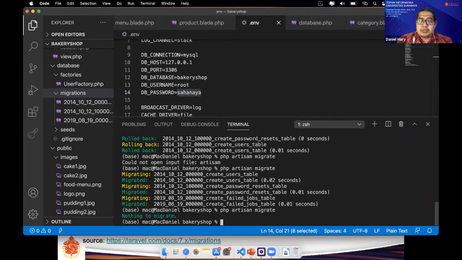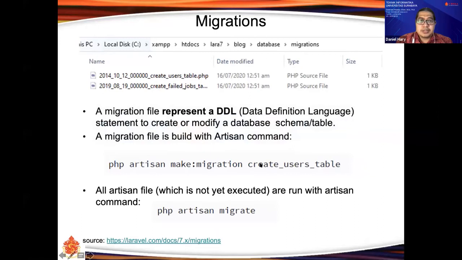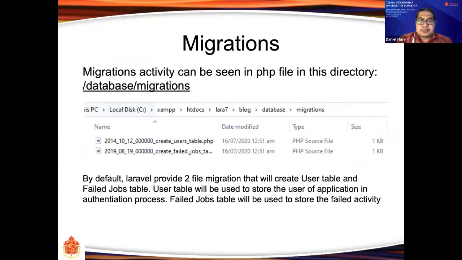Nothing to migrate because I already run all migration files here. Okay, this is the behavior of migration. The migration activity can be seen in the database migration files. By default, it provides 3. Today is 3 file migration.